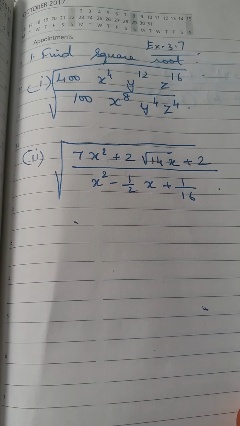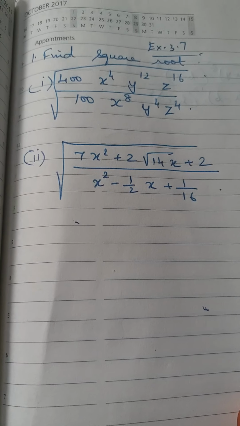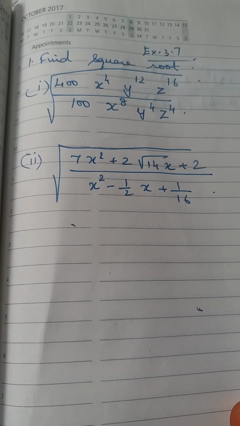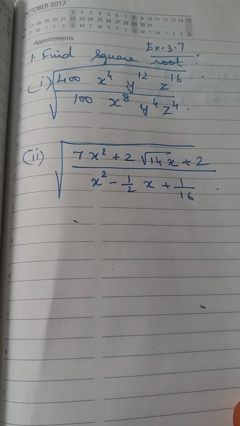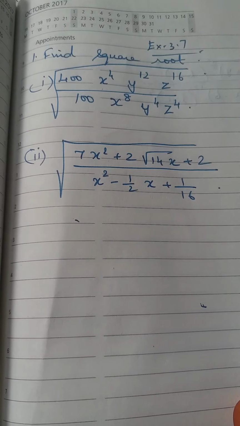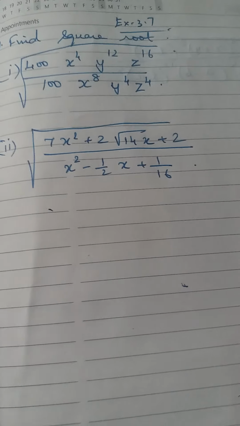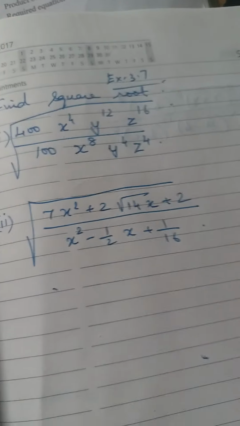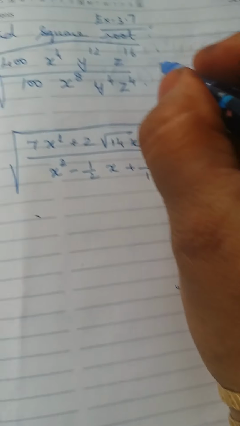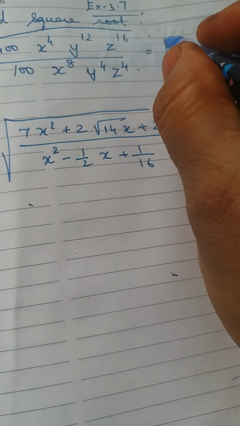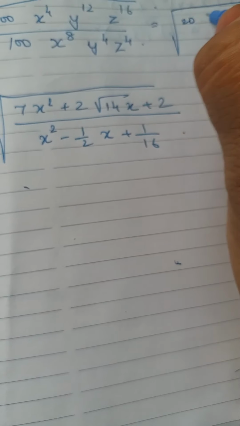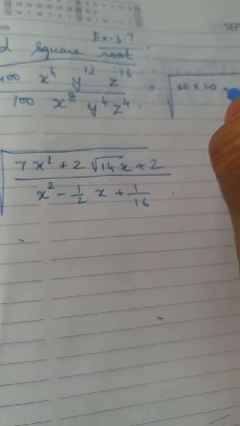10th Samacheer Maths, exercise 3.7, first sum. Find the square root of 400 x power 4 y power 12 z power 16 divided by 100 x power 8 y power 4 z power 4. You are finding the square root, so 400 means 20 into 20 will give you 400. So, square root of 20 into 20